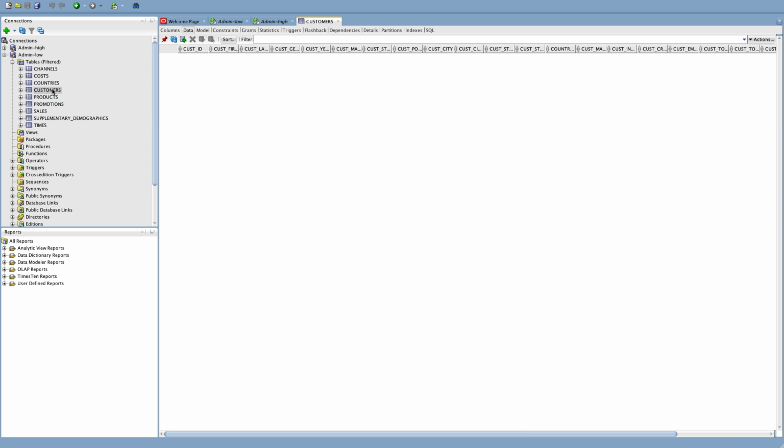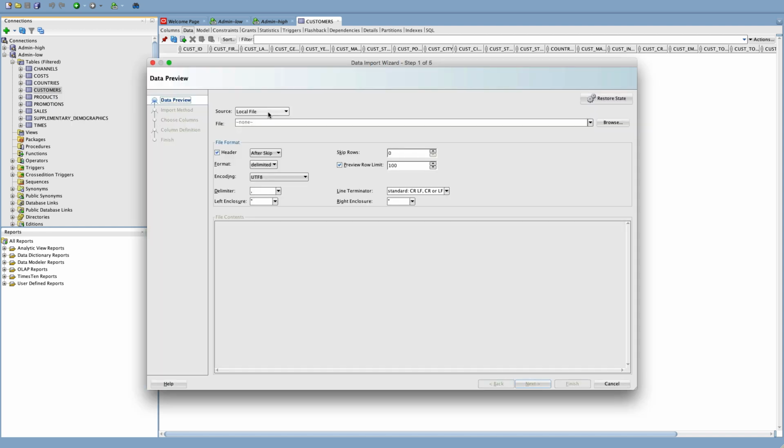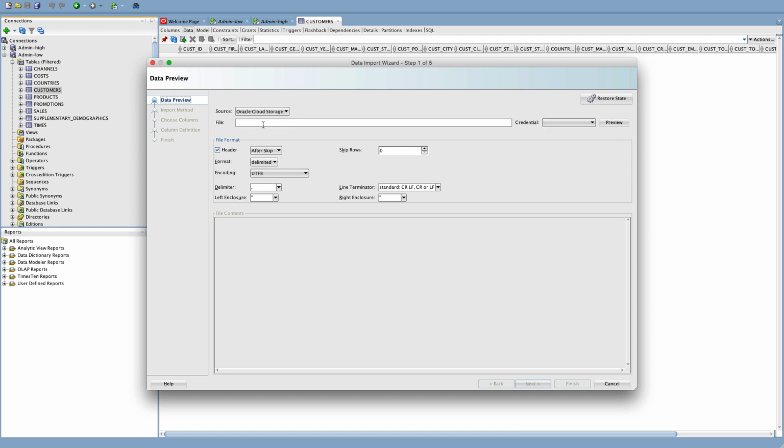So we're going to now load from the cloud into Autonomous Data Warehouse Cloud, which is in the cloud. So let's go to import data, and remember we started here a while back and we uploaded the channels data and we used a local file. This time we're going to use cloud storage, and for that I don't give it a file name, I give it a pointer. So my pointer starts off with this